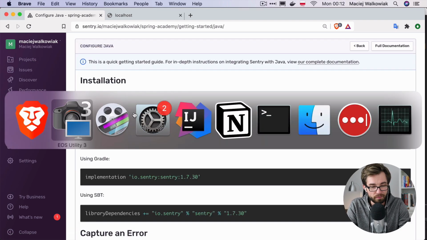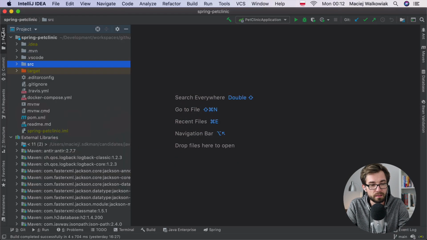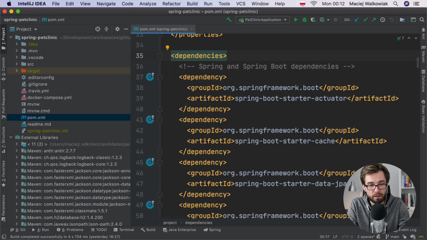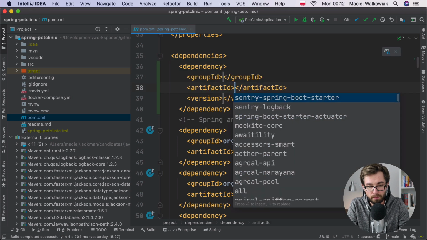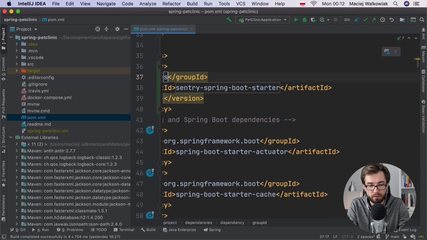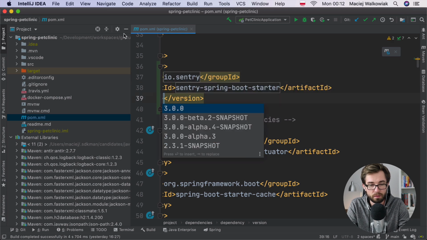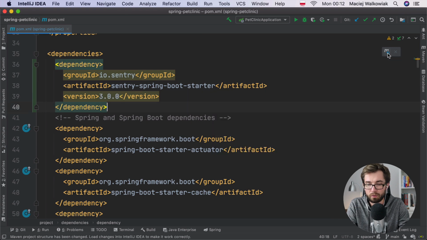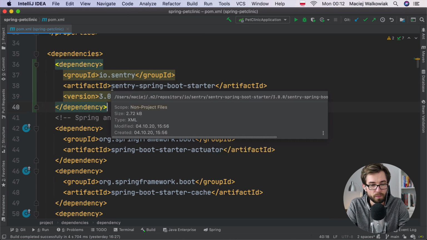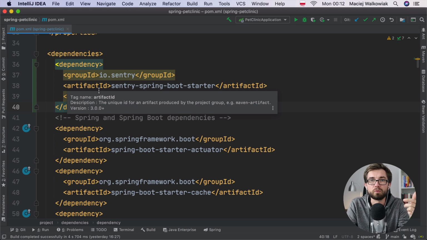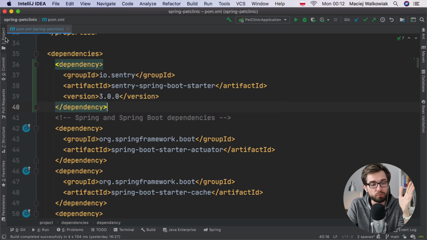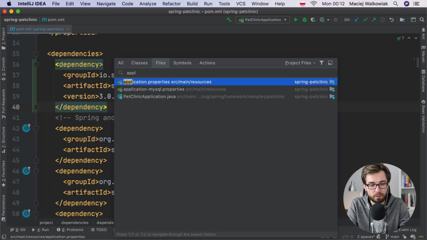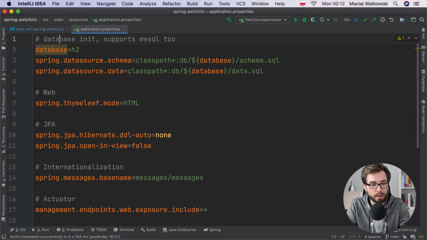Then we go to the IDE and we need to add a dependency to Sentry Spring Boot Starter. So I'm in the Maven pom.xml, dependencies, I choose Sentry Spring Boot Starter, the group is io.sentry, and the version is 3.0. I will refresh the dependencies, and once the starter is loaded, we are able to configure Sentry through Spring Boot configuration properties. So I will now open application.properties in the Spring Pet Clinic project, and we need to